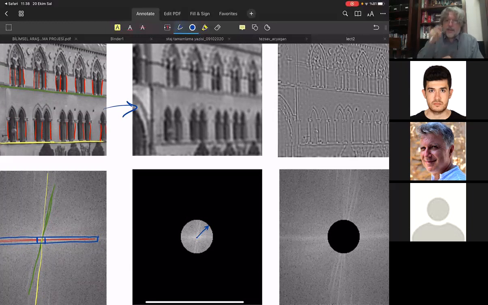Now, technically, if you are going to do something like this, you will notice that this center pixel here, the one pixel here, is exceptionally larger than the other ones, because that is the total intensity. It's the summation of all the pixel values. So if the image is large, the summation of all pixel values in grayscale will be a very large number. And it's very difficult to visualize it. So you may want to draw it in decibels magnitude, like taking the logarithm, so that extreme large values will be suppressed,